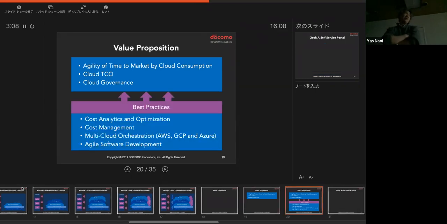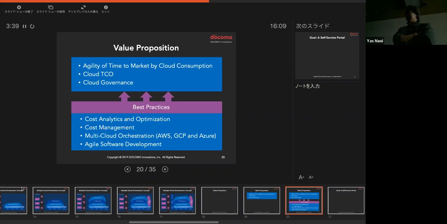So, my small branch office of Docomo in Palo Alto is working on cost analytics and optimization. We are proposing the cost management to Docomo headquarters. Actually, we are working together between the branch office and the headquarters. And multi-cloud orchestration is in the branch office.